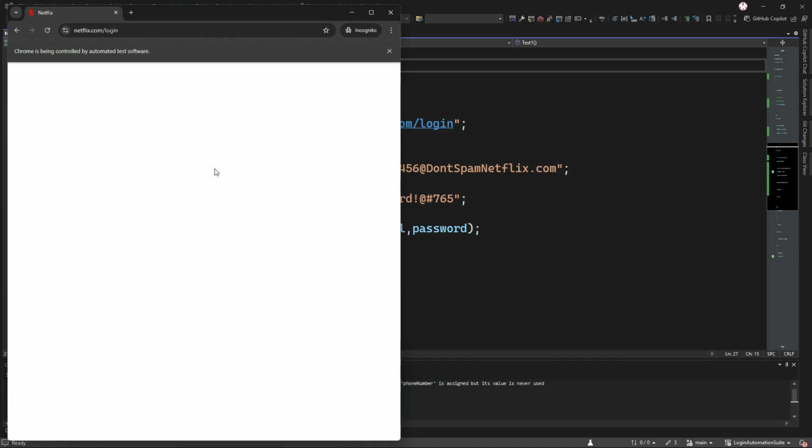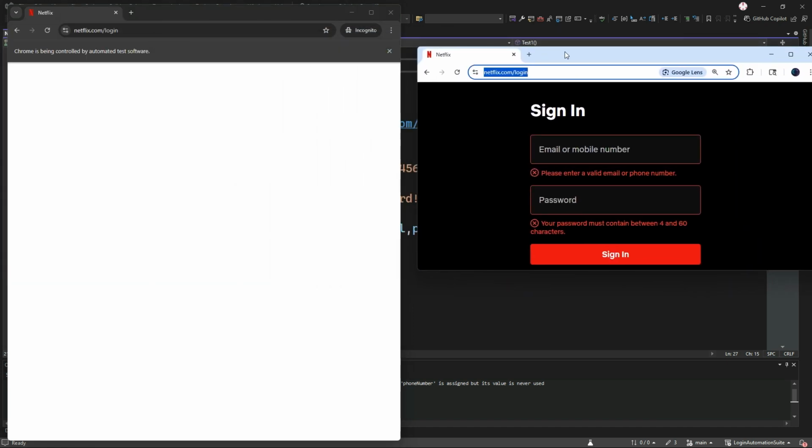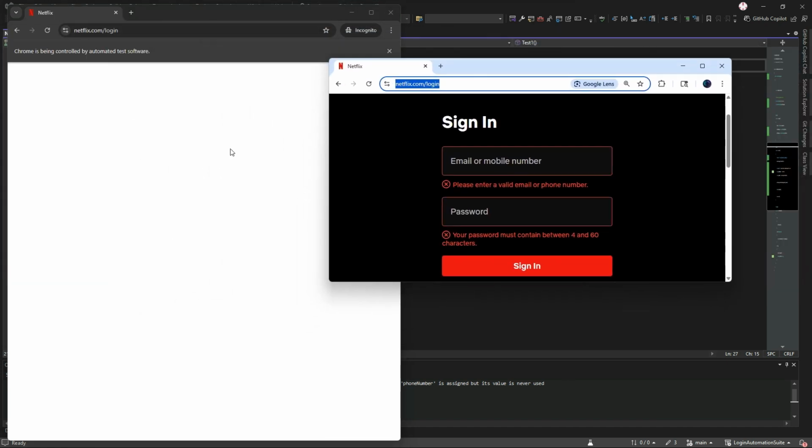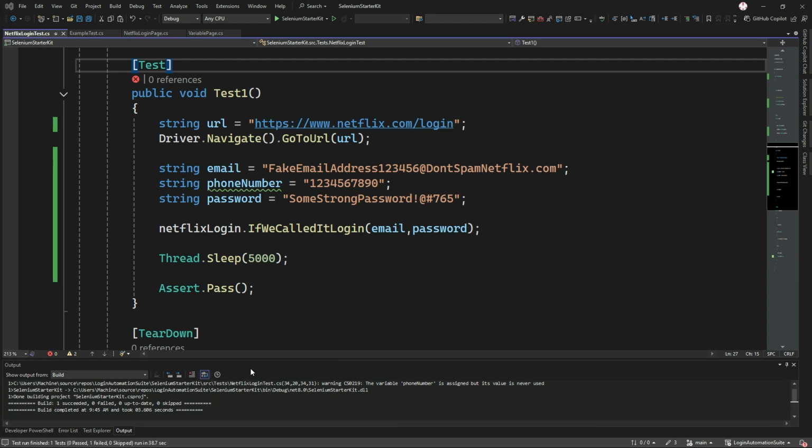Oh, you know what? Actually, Netflix might not load incognito. Interesting. Okay, so I don't believe this is going to work because I have this window opening incognito, but okay, here. This actually might not load. Netflix seems to not be loading incognito. So, okay, our test failed, and the way we can fix that,